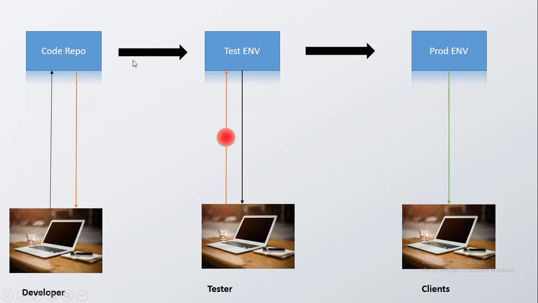After that, the build happens and it goes to the test environment. The tester is testing your code to see whether it is working or not. At the time of testing, the tester got some issue. Some functionality is not working, or your project is not working due to some jar conflicts and configuration mismatch. If a problem occurs in the test environment, you can resolve it early, but if it occurs in the production environment,